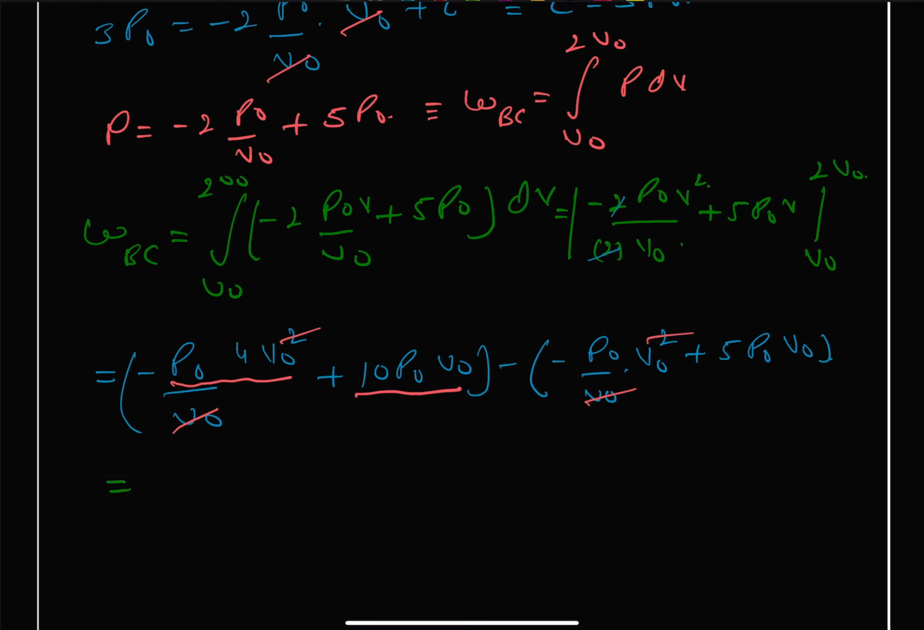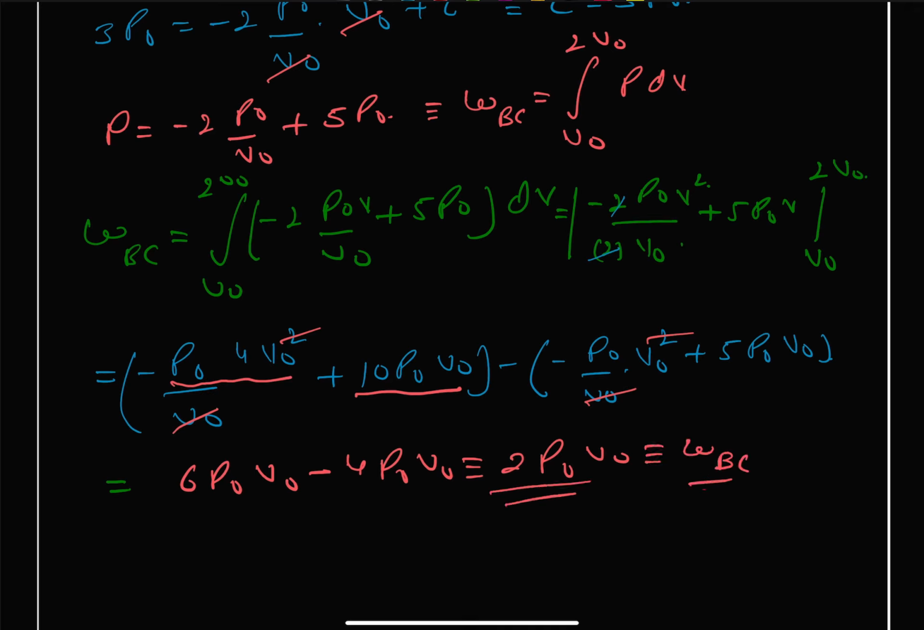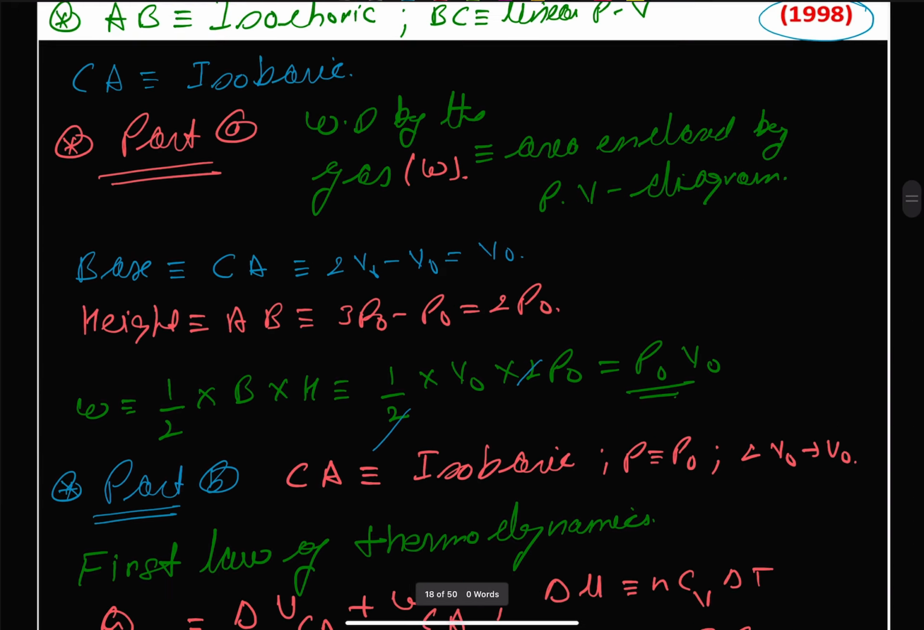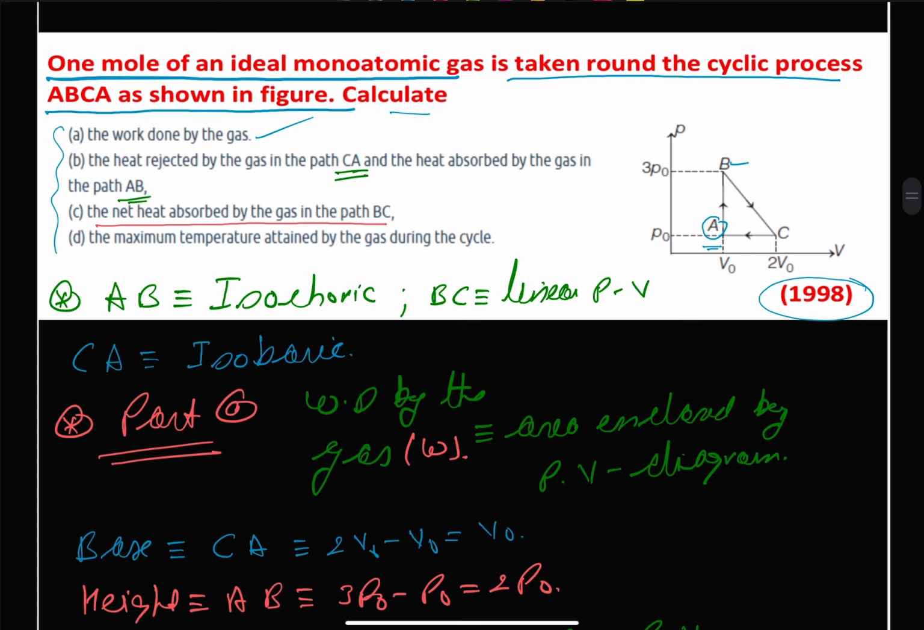So this is equal to 6 P naught V naught minus 4 times P naught V naught, which is equal to twice P naught V naught. So this is our work done during BC. And we are left with only part D, the maximum temperature attained by the gas during the cycle. And for the maximum,